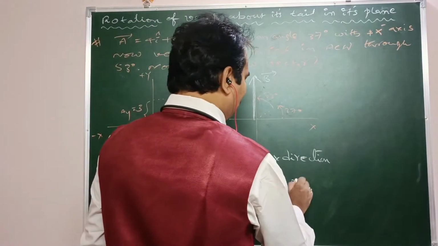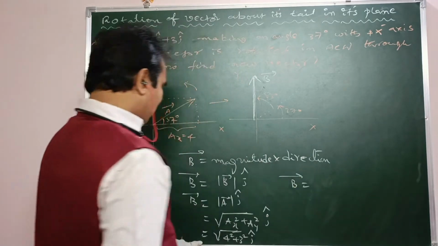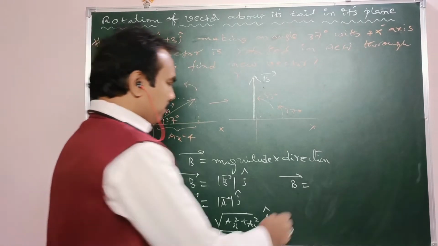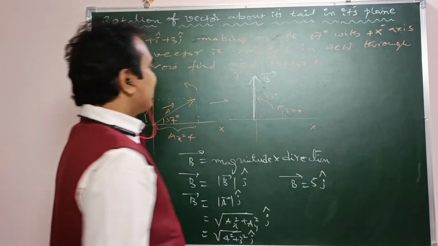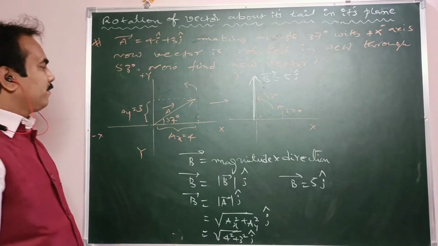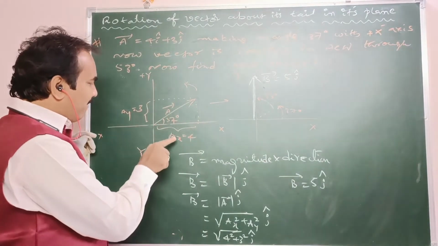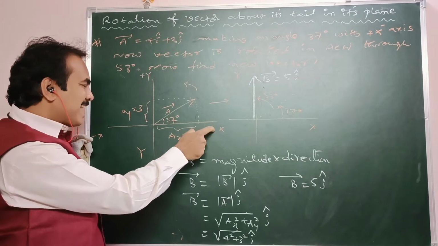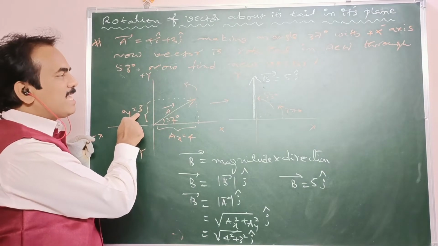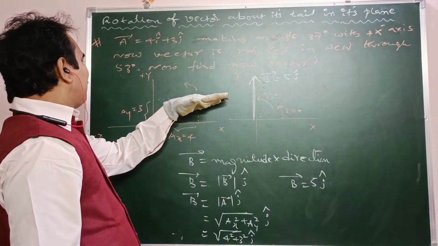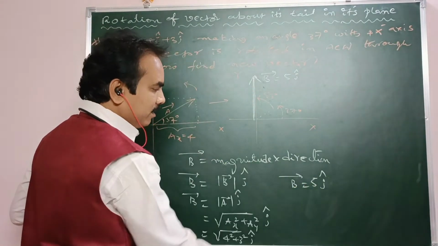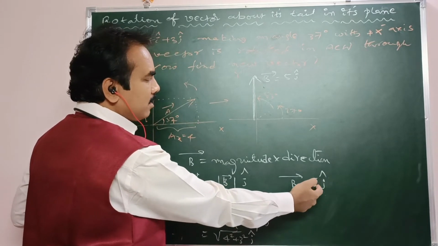That is b bar equal to root 4 square plus 3 square, that is 16 plus 9 under root, root 25 means 5. So b bar equal to 5 j cap. See, when it is lying in the xy plane, it finds two components, one along x-axis, that is 4 units, another along y-axis, that is 3 units. When the same vector comes to the new direction, positive y direction, it finds only a y coordinate, that is 5j. What is 5 here?